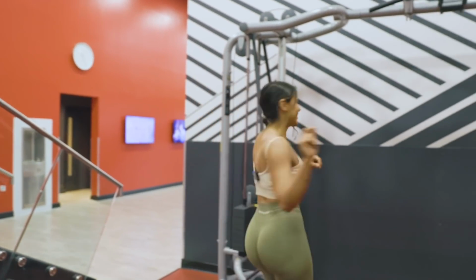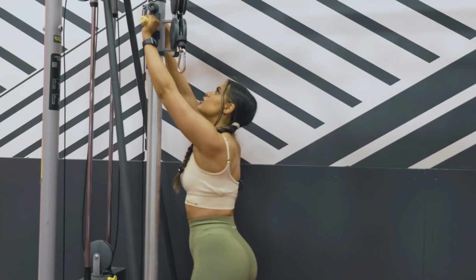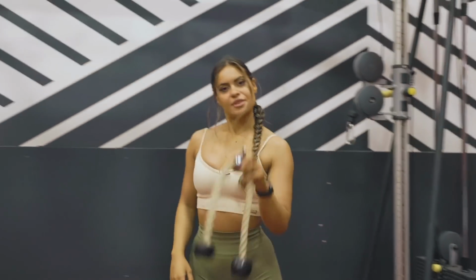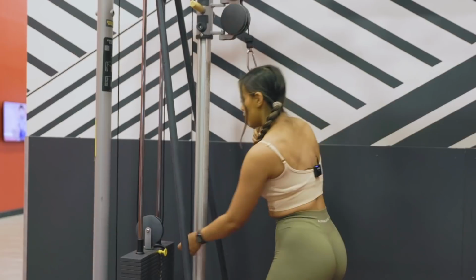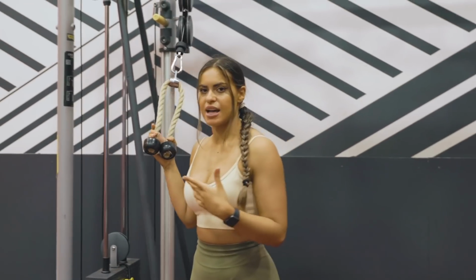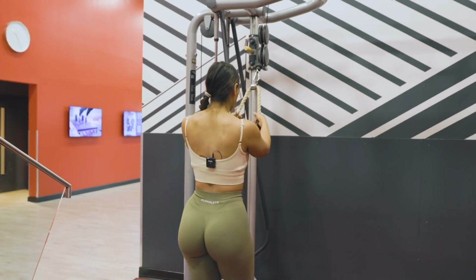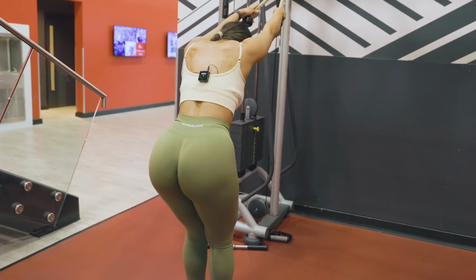Wait, what was that? So, it's also a cable one. You want to position this high up, okay? And then get a little rope. This one. Put it this way, okay? Go a little bit higher up in weight because you'll be using both of your arms at the same time with this. So it'll be slightly less difficult to perform, okay? So what you want to do is just slightly bend down, bend at your knees as well, okay? And just pull this